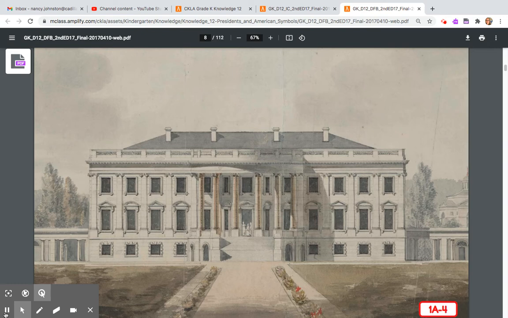What do you see in this picture? A big building. This picture shows what the White House looked like long ago. When the founding fathers started to think about where the president would live, they started to worry. If the president lived in the state he was from, it would make that state feel more important than all the others. The founding fathers were afraid that one of the states would try to take over and be in charge of the others.